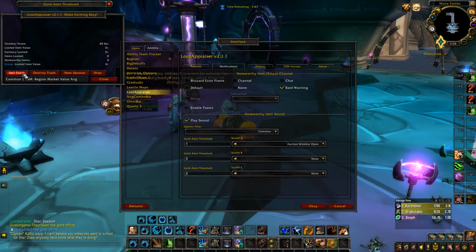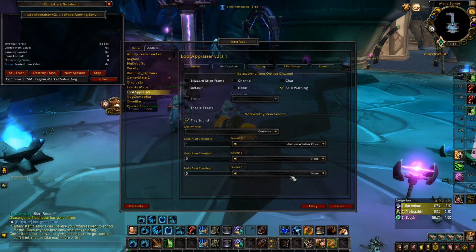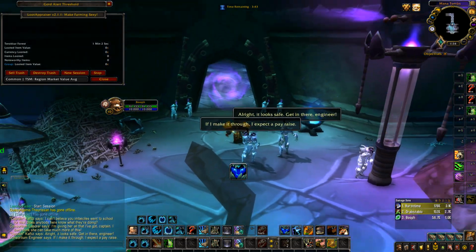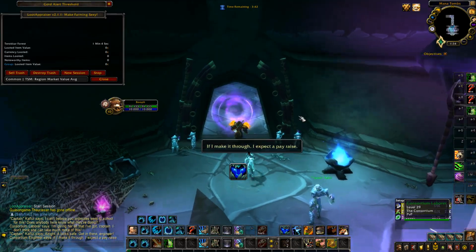So you can sell all the trash, and you can actually spam click it and destroy the trash loot that you no longer want. So you don't have to go get your mount out to sell them, or go to a town to sell your junk. You can simply just delete it with one click of a button. So I'll show you actually how